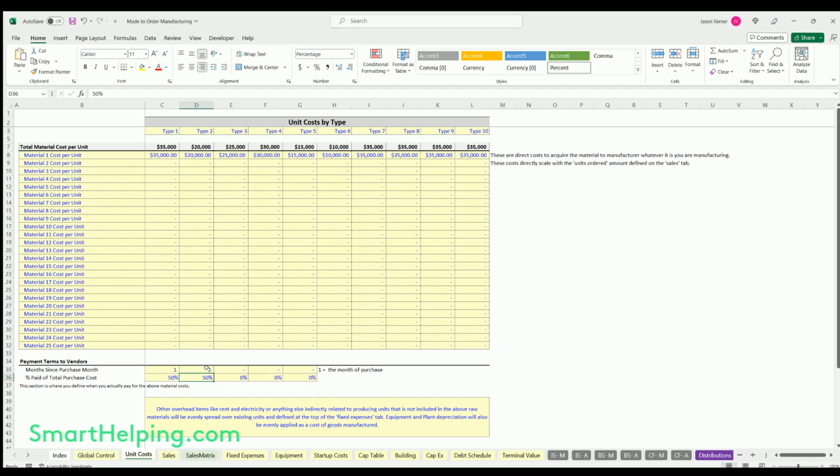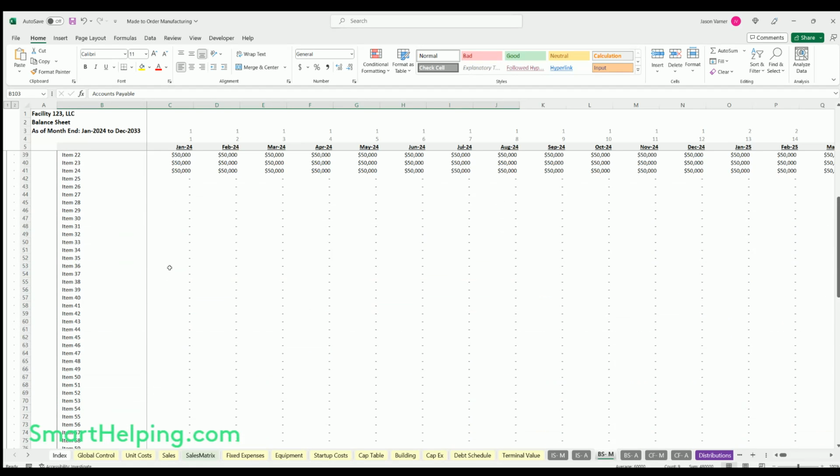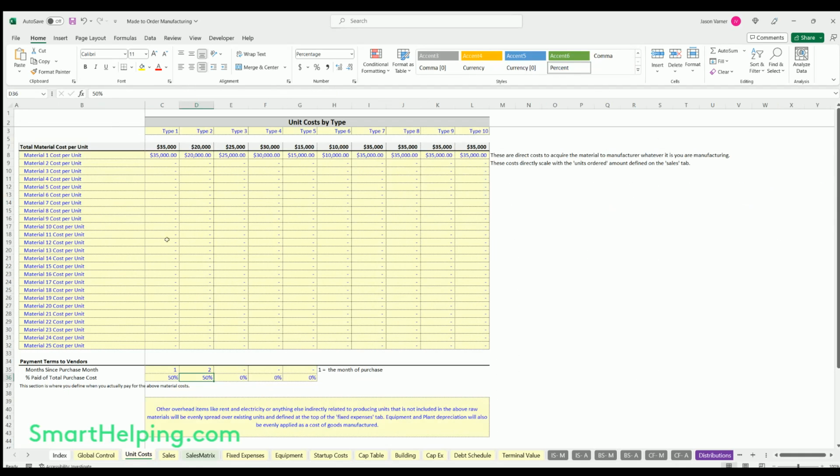And that will affect accounts payable here. This row will be your payables, and it also affects inventory when the full amount's ordered. That increases inventory, and then when the unit is actually shipped, that's when this decreases. And that's a big thing with accounting and manufacturing for